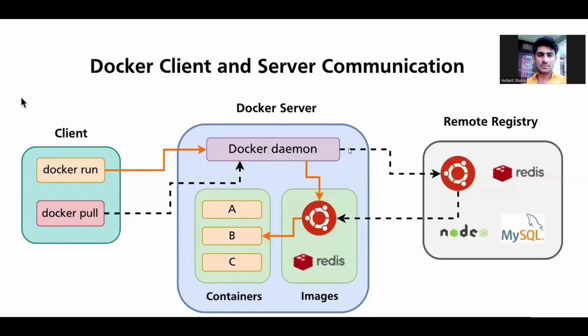So the Docker daemon performs actions like Docker pull. This is the most important part. If you write the Docker run command, the request goes to the Docker daemon, which performs some set of processes, and the containers are created. This arrow is as shown. But if I run the Docker pull command, the request goes to the Docker daemon, and